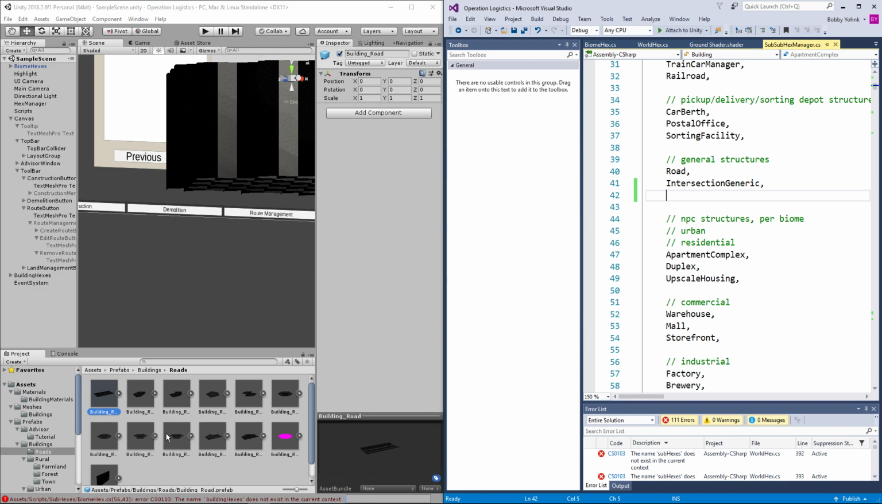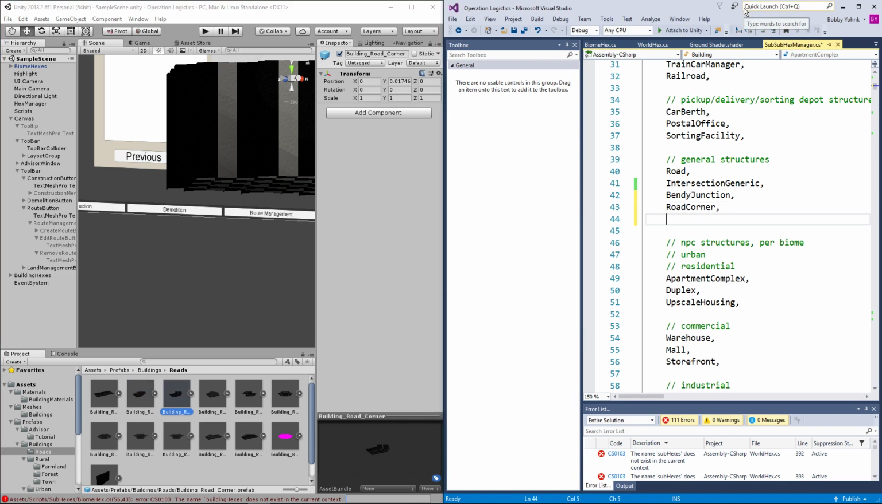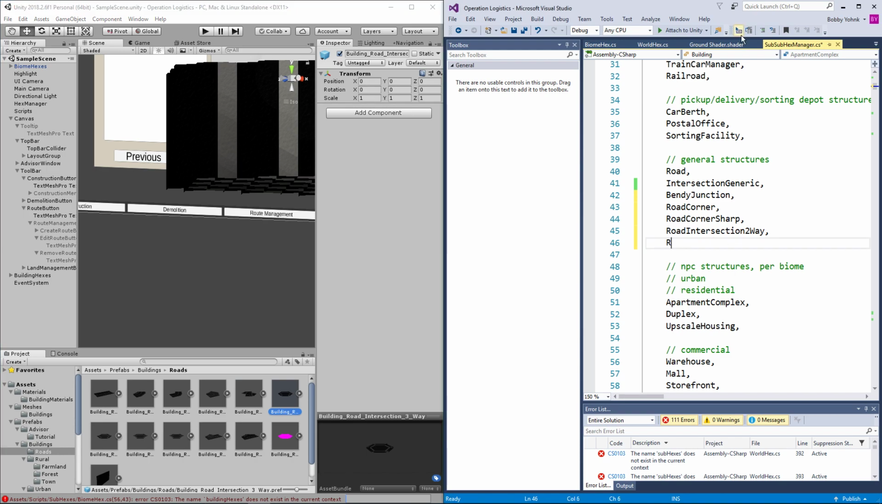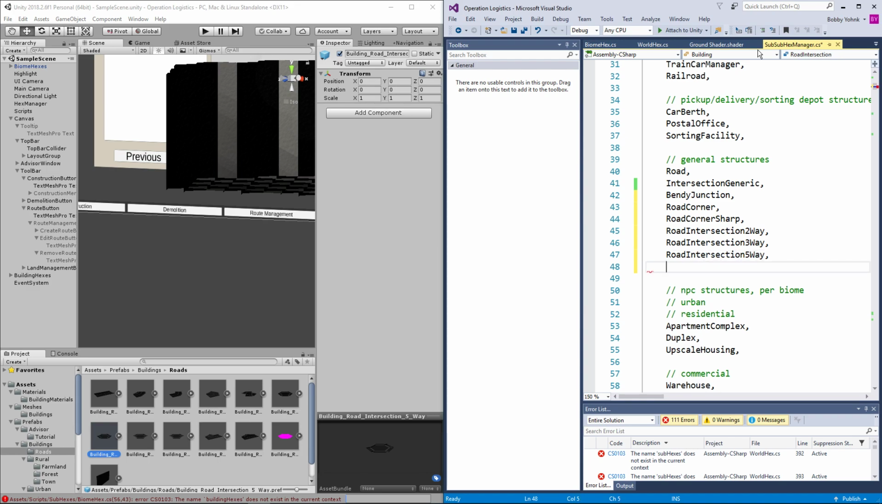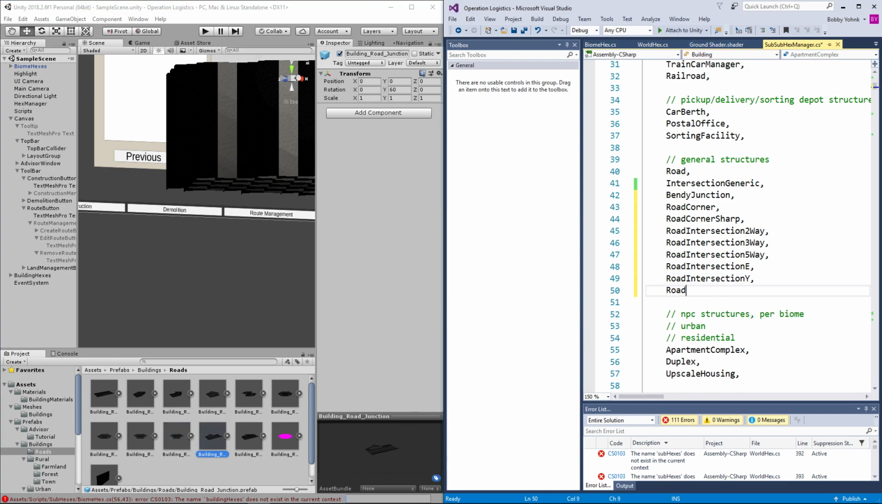So we've got our road, we've got our generic intersection, so we've got our bendy junction, and we've got our road corner, we've got our road corner sharp, we've got our road intersection two-way, we've got our road intersection three-way, we've got our road intersection five-way, we've got our road intersection E, we've got our road intersection Y, we've got our road junction,